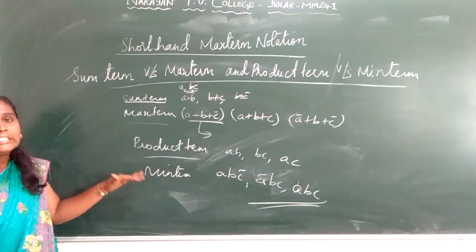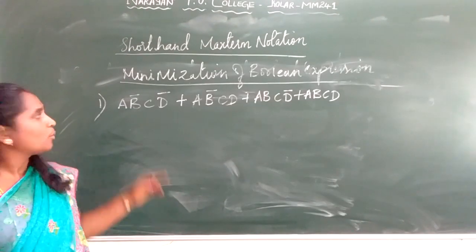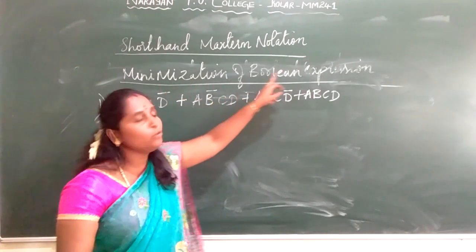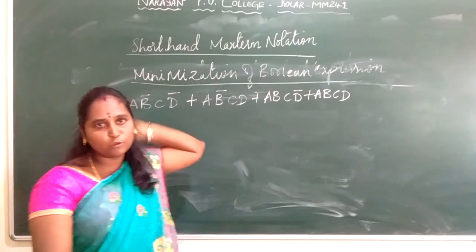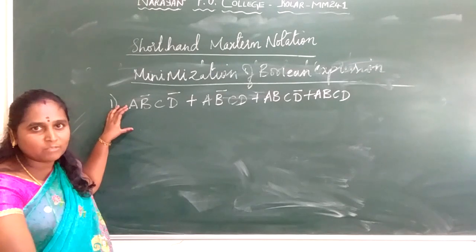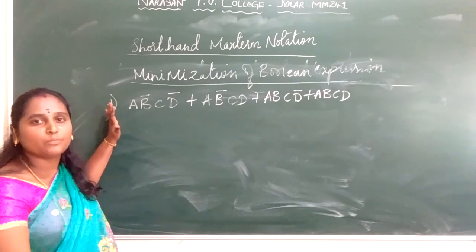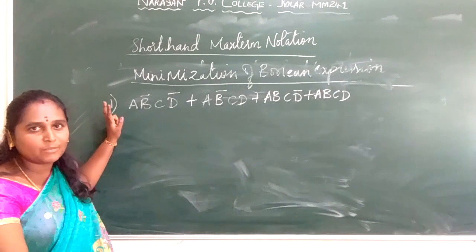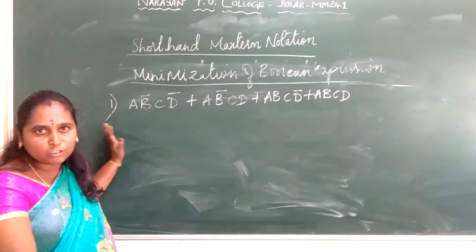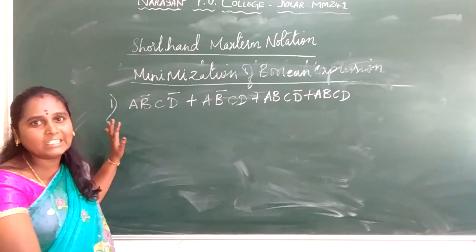Next topic, we'll see simplification of Boolean expression. The next topic is minimization of Boolean expression or simplification of Boolean expression. I will solve 3 problems and give you one assignment with this method. Then converting from SOP to POS will be another assignment question. Then from the truth table I will give another assignment. There will be a total of 3 assignment questions for this class.